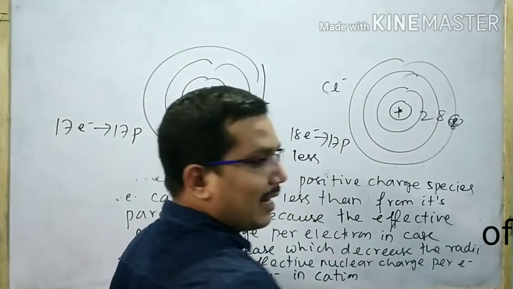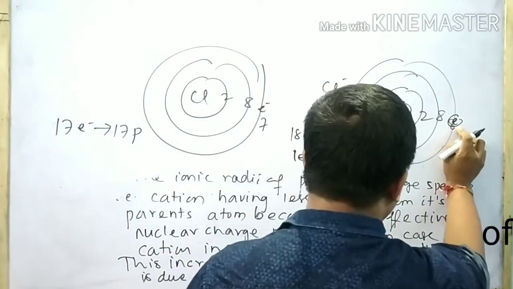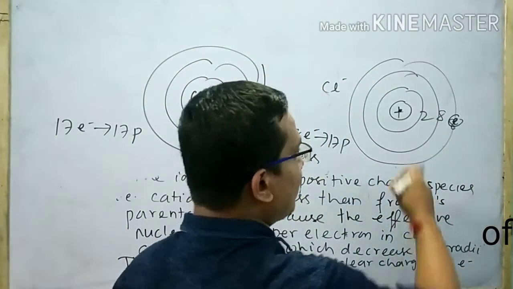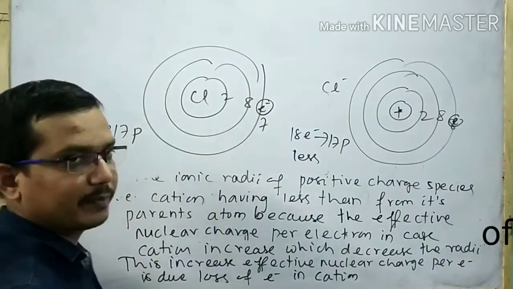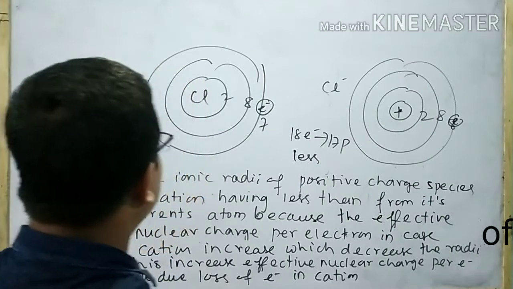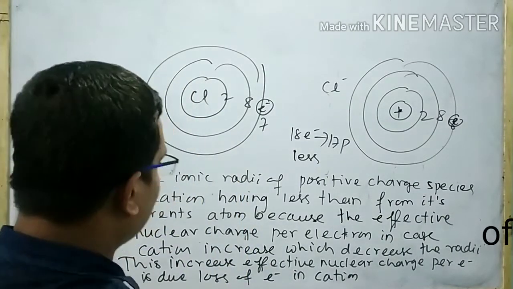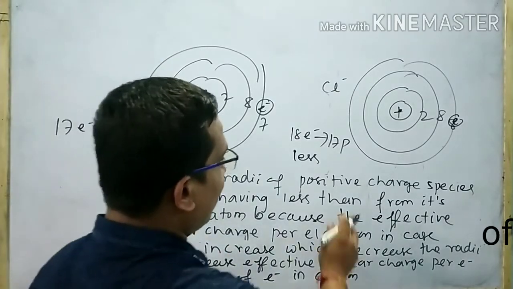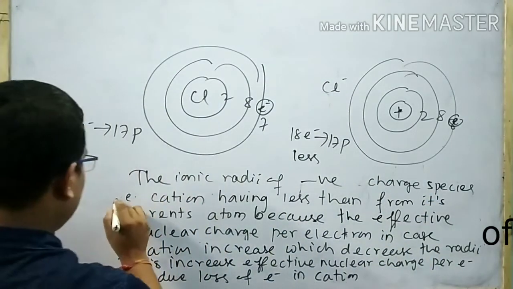Since there is less influence of the nuclear force on the valence electron, the electron is farther away from the nucleus as compared to this electron, which concludes that the radius of the Cl- ion is more as compared to the radius of the chlorine atom. So we can write another point: the ionic radii of